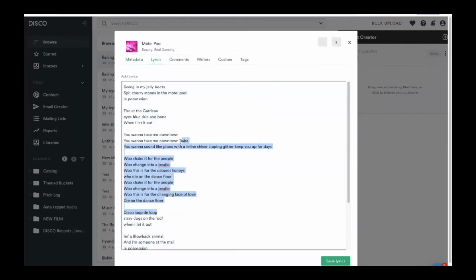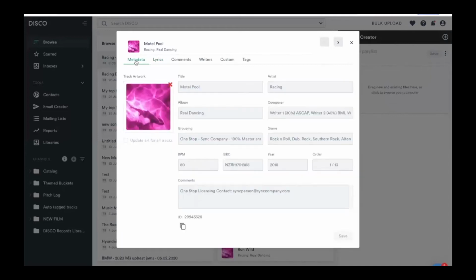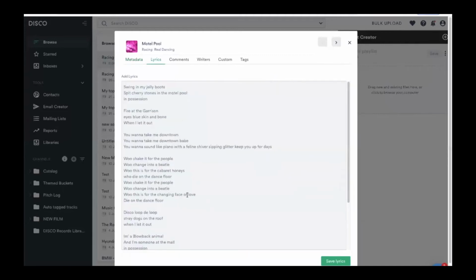Get the lyrics into all of your songs. Often a supervisor doesn't actually have a use for your music the second that they receive it, but a year later they might. And if they're doing a search through whatever system they use, whether it's Disco or iTunes or something else, if they type in some words in the search bar, your lyrics, if they happen to be on point, are going to show up in that search.